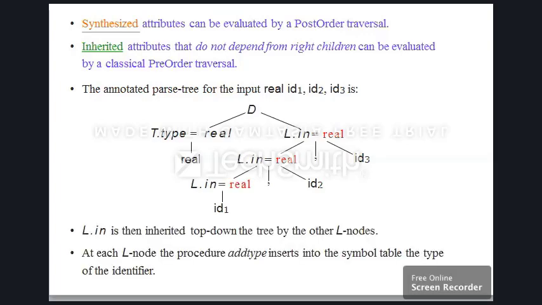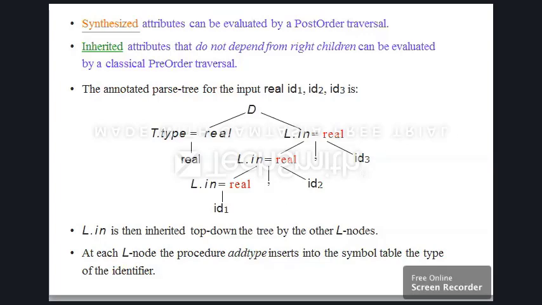In the same manner, each L inherits the type from the L above it. So L.in is inherited top down the tree by the other L nodes, not bottom up as we have already seen for synthesized attributes. At each L node, the procedure add type inserts into the symbol table the type of the identifier, as we discussed in the previous example.